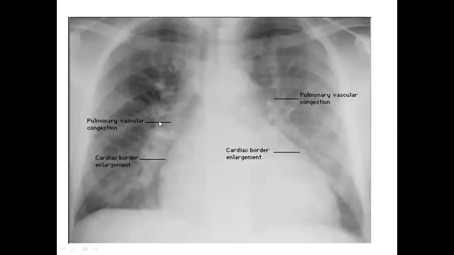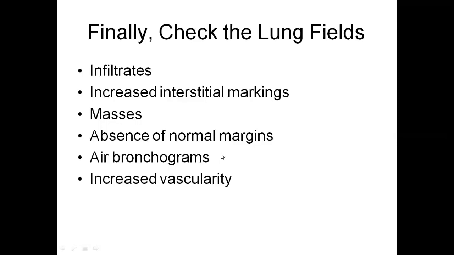So here we are finding pulmonary vascular congestion. That means the right pulmonary artery and left pulmonary artery look engorged. It is more filled with blood. The cardiac border is deranged. Okay, overall the heart looks enlarged. This condition is cardiomegaly.